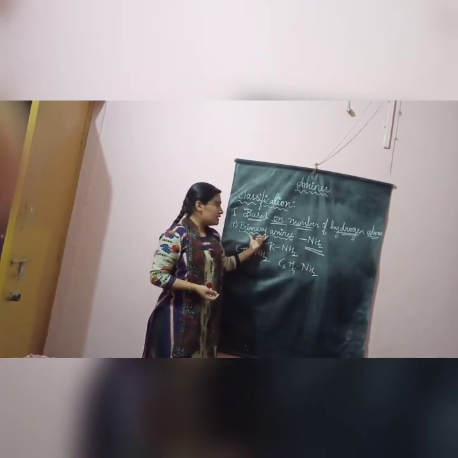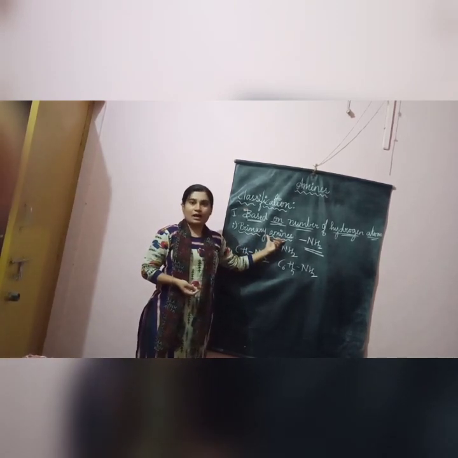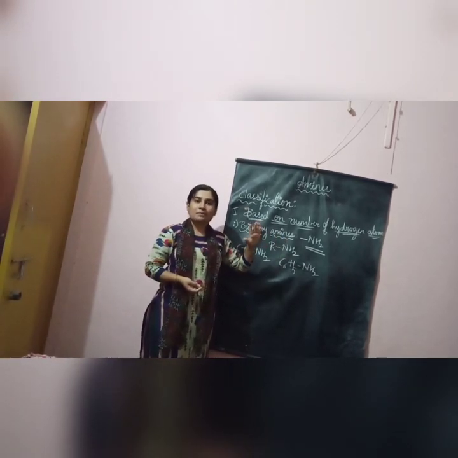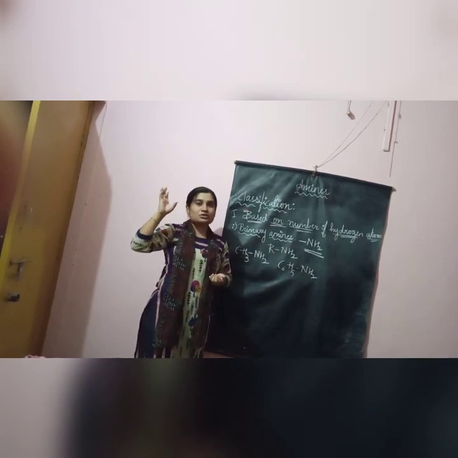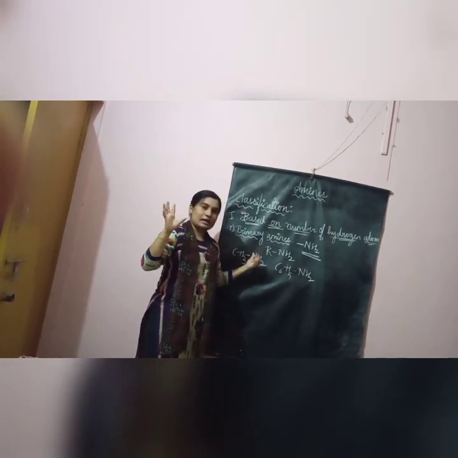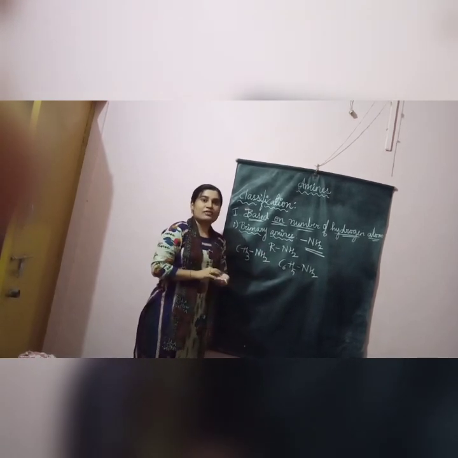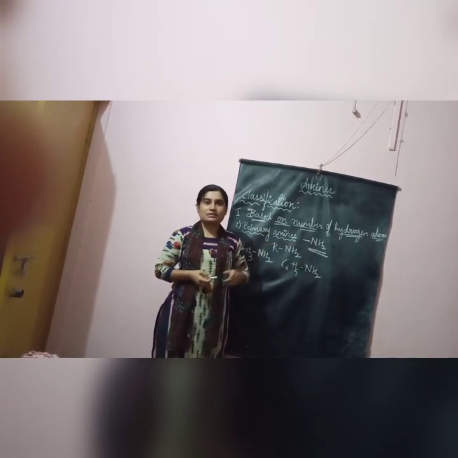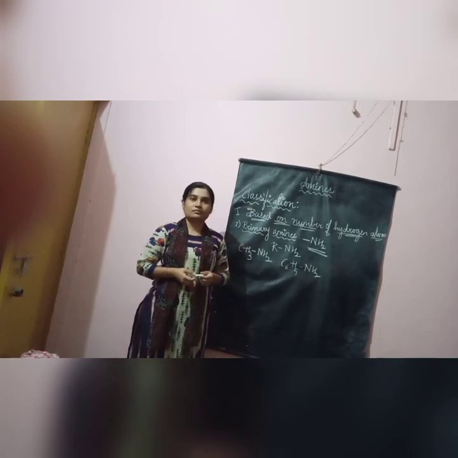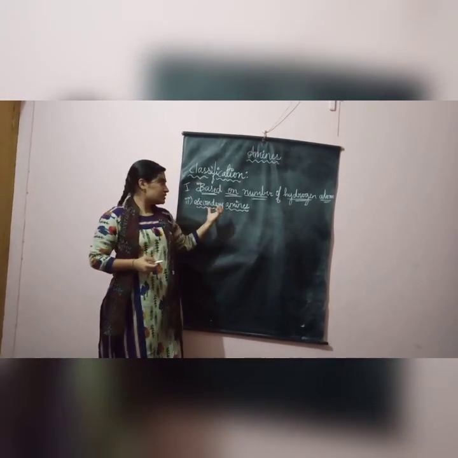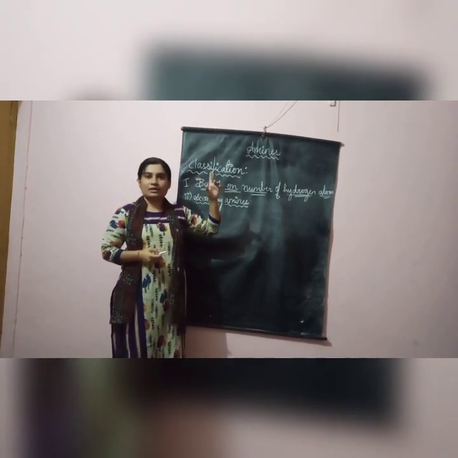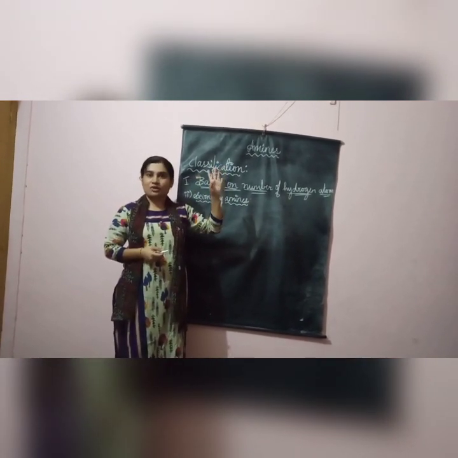So this is an example for what? Primary amine. So you'll have to remember, primary amines are those in which ammonia's one hydrogen is replaced by an alkyl group or an aryl group. The functional group for primary amines will be NH2. Compulsorily you will be finding NH2 in this. Yes, is this understood? So, completed with the primary amine, the next classification is what? Secondary amine. Primary is understood. One hydrogen is replaced from NH3.